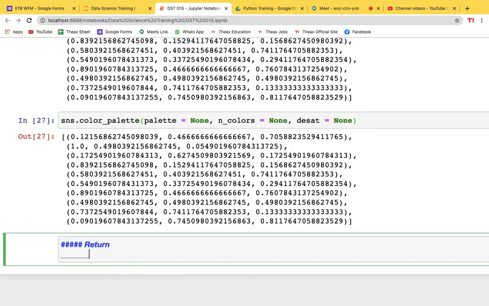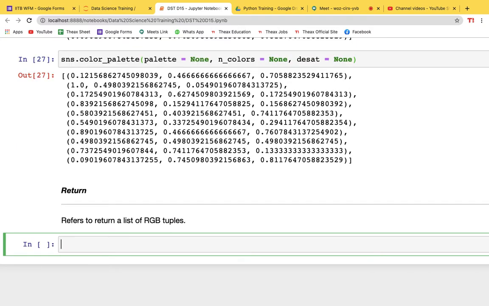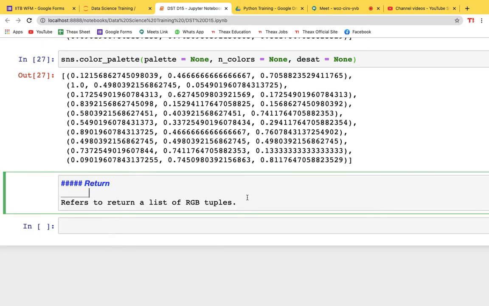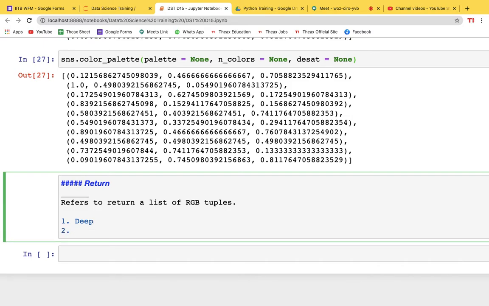Now, as I say, this basically refers to returning a list of RGB tuples. All right. So see how many RGB tuples there are, how many kinds there are. If you focus on that, there is deep, that is muted,